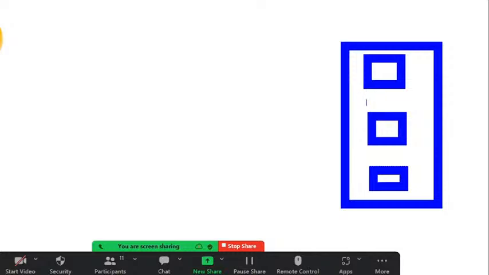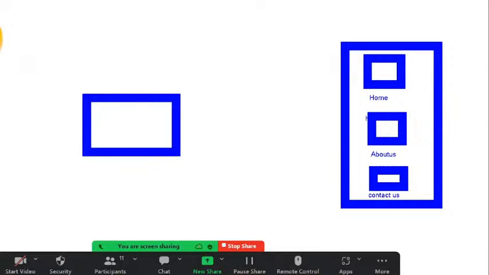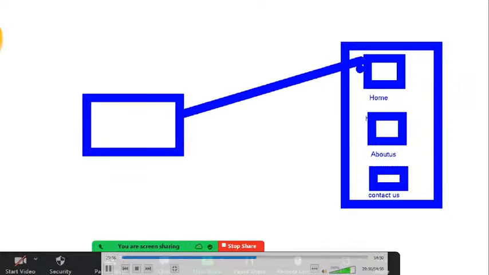This is the browser. The first time, it sends a request to the server. The response is